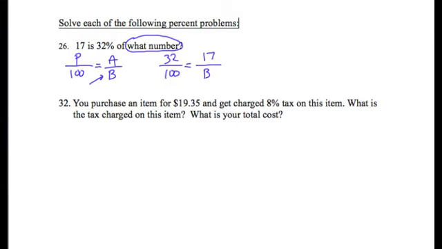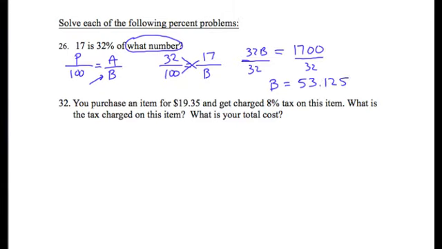Okay? Now I just need to solve this proportion, so I would cross multiply. 32 times b would give us 32b. And that's going to equal this other diagonal, 17 times 100, which is just going to be 1700. Now I'm going to divide both sides by 32. Calculators are allowed on this test, so I just go ahead and do that division, punch that in. 1700 divided by 32 gives us